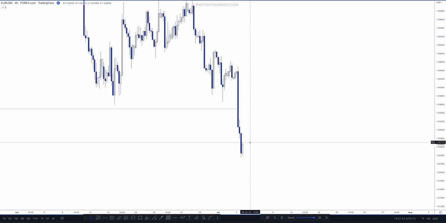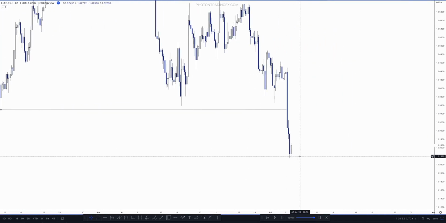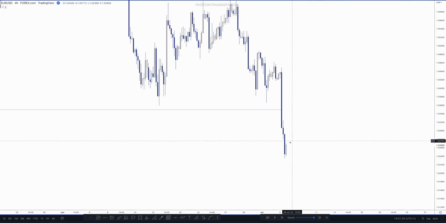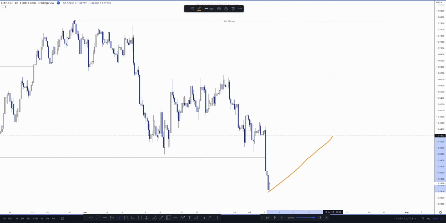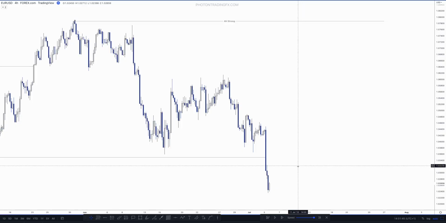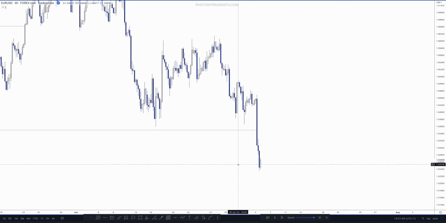So I know we're getting a bit of a fractal pullback, but I'm not going to mark out my fractal structure. I'm not going to put on my pretty gray circle on this low yet to define that as a swing low. Why not? Well, because I'm waiting for price to pull back a significant amount relative to recent price action to show me, okay, if we get a pullback like that, okay, that's pretty sizable, then I'm going to mark out that this is my swing low, okay? But I'm going to wait for that. For now, all I'm thinking is, okay, we're just getting a bit of a fractal pullback here, right? Bit of a pause in price action,